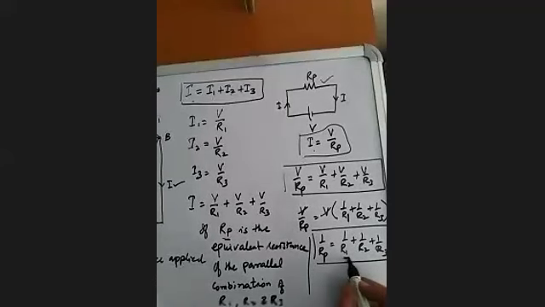Okay. So by solving this, we can get the value of RP. If you know the value of R1, R2 and R3, just put the values, take reciprocals of these values, add these values, and we get the reciprocal of the equivalent resistance. Then you reverse this and you will get the value of RC.